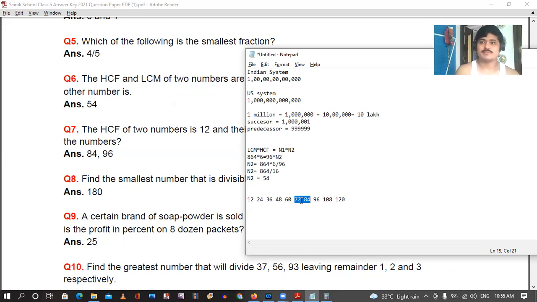The question preparing team may be very intelligent and they might see that, okay, 84, 96 is already given, let's give 48, 60 or let's give 36, 48. They can also be the right answer. They all are actually the right answer. So look for it. Write the table of 12, see which combination is present, pick that combination.